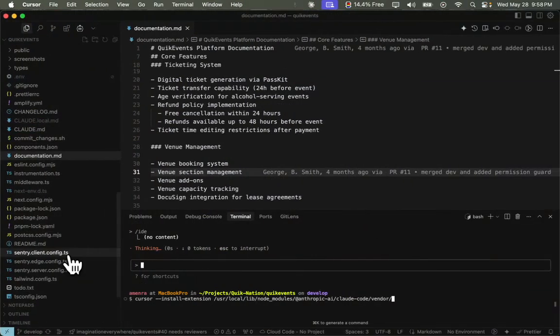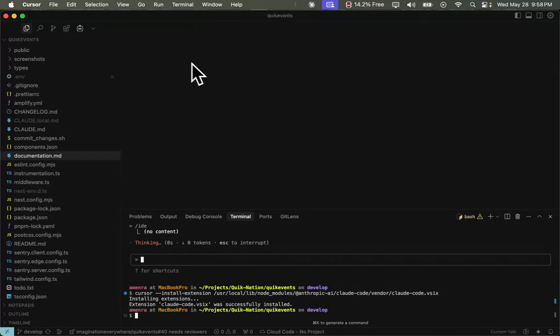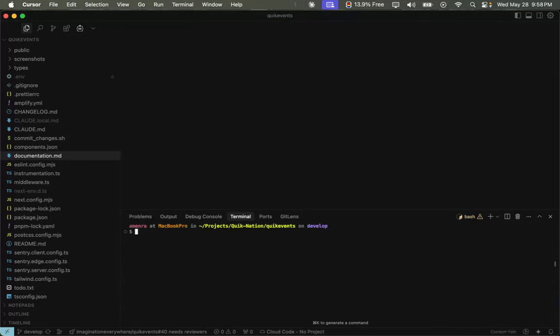Cross your fingers. Let's see if this works. So boom. So it says it's successfully installed. So now let's go up here and